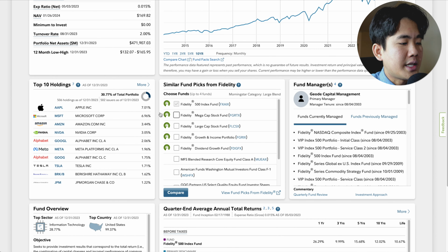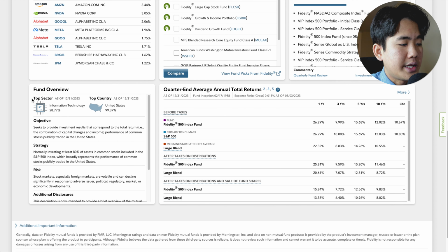If you scroll down more, you can see the top 10 holdings here. So Apple, Microsoft, Amazon, Nvidia, Google, Tesla, and more. If you scroll down here, you can see the fund overview of the top sector, which is IT or information technology. If we see the performance and risk,